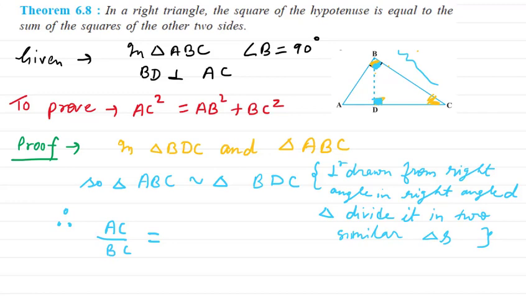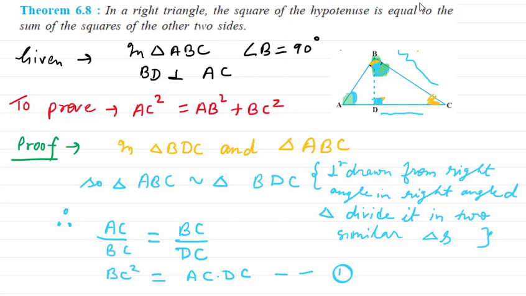now we will see in the smaller triangle we will take this angle. Okay, so this angle will be equal to which angle? This angle will be equal to this angle A in the bigger triangle. So here AC is from the bigger triangle, so opposite to this angle which I have mentioned here, opposite to A, which side we have? We have BC here, and the corresponding side to this in the smaller triangle is DC. Okay, so this will be your ratio which will be equal. So from here you can write that BC square will be the same as AC into DC. Make it equation number 1.